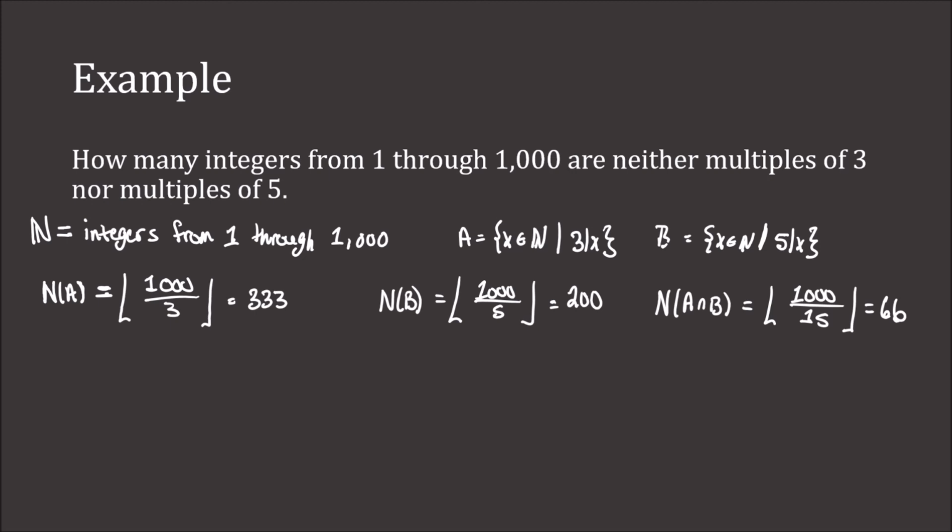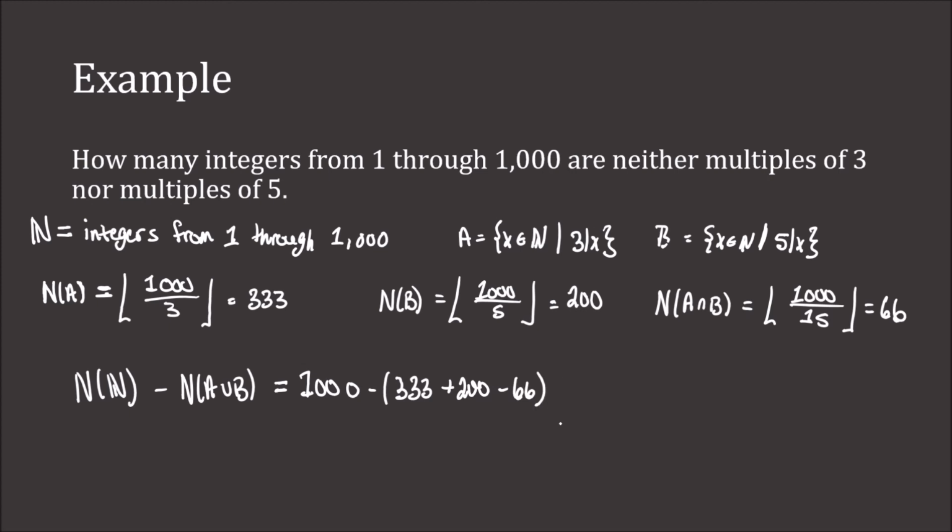So to determine those that are divisible by neither 3 nor 5, we would take the number of integers in n and subtract out n of A unioned with B. So you take away those that are divisible by 3 or 5. Well, n is 1,000, minus now A union B, which would be the number of elements in A, which is 333, plus the number of elements of B, which is 200. Take out those common, that would be 66. This winds up being 1,000 minus 467, which is 533. So there's 533 integers between 1 and 1,000 that are divisible by neither 3 nor 5. All right, and that concludes our initial look at